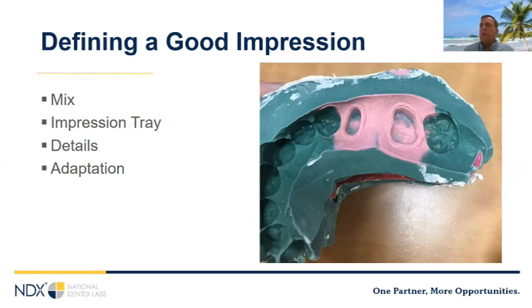So then when you remove the tray from the mouth, you often can't see it, but the tray springs back and compresses the impression, which has the effect of making the die smaller than the tooth. And you get one of those crowns that goes down like 80% and just won't go the rest of the way. We'll talk about this quite a bit in our troubleshooting, but we need to make sure we capture necessary